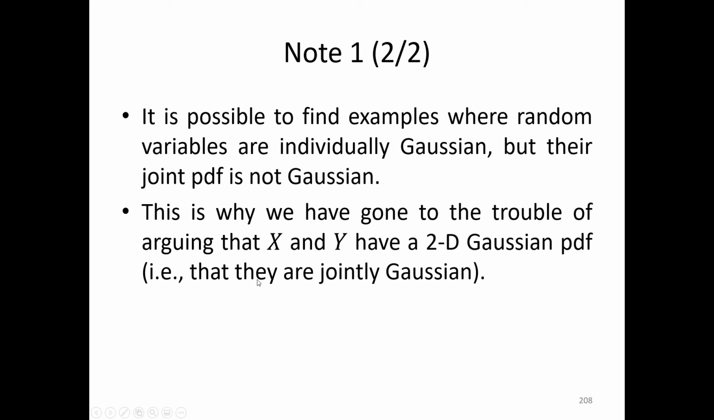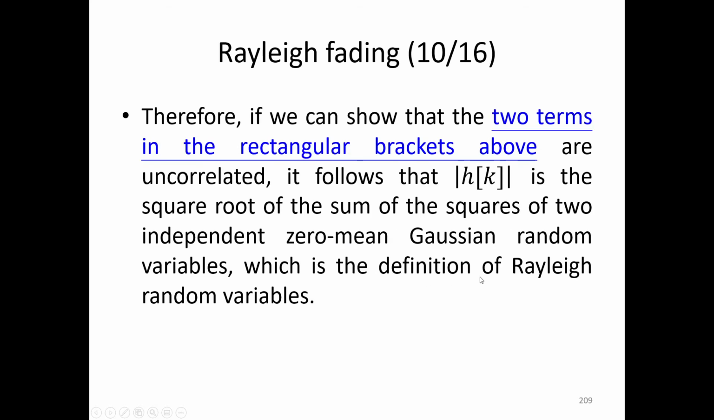That is, they are jointly Gaussian. 这就是为什么呢？我们要进行论述。论述说呢，X 和 Y 呢必须要有一个二维的高斯几率密度函数。那也就是说，它们呢，这个它们指的是 X 跟 Y 是联合高斯的。Therefore, if we can show that the two terms in